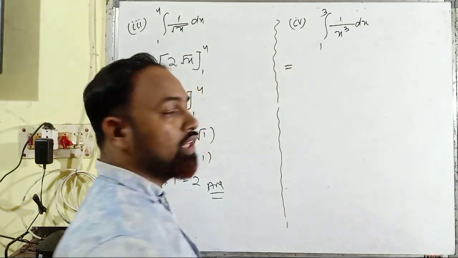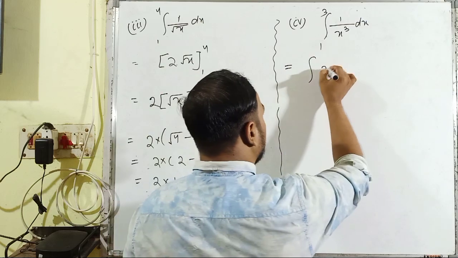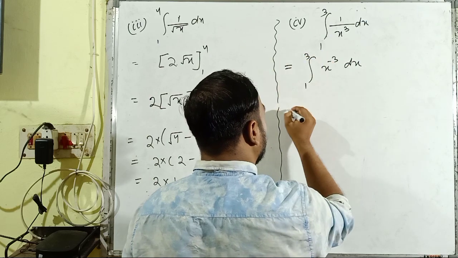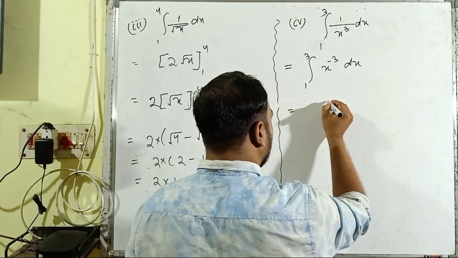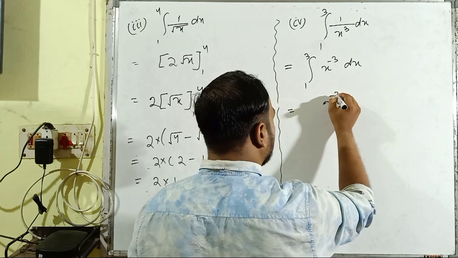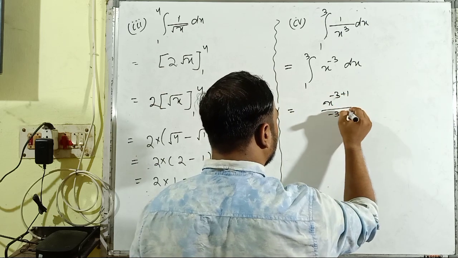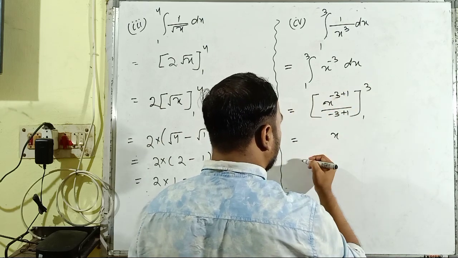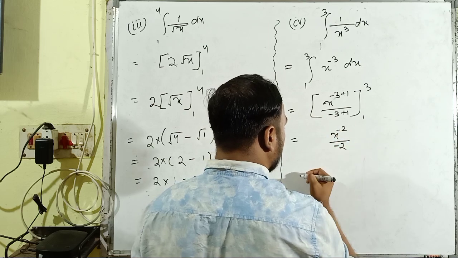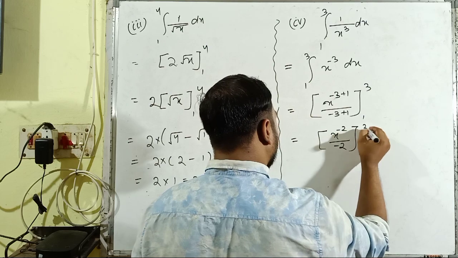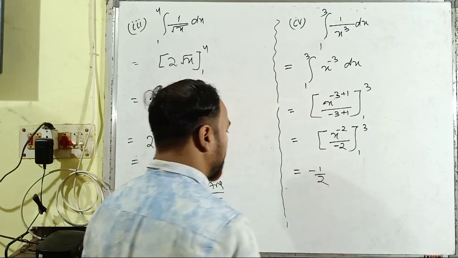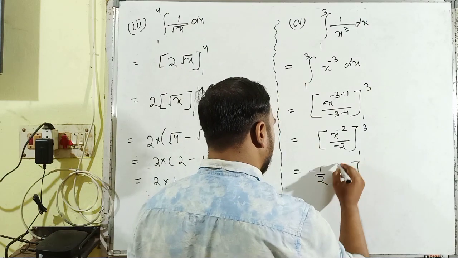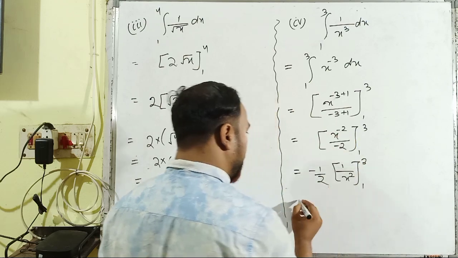First of all, we have to find the integral of 1/x cube. 1/x cube is none other than x to the power -3 dx from 1 up to 3. Then you can write it as x to the power -3 plus 1 divided by -3 plus 1 from 1 to 3. Just solving it, it is x to the power -2 divided by -2 from 1 up to 3. Then -1/2 is taken outside of the process. Then it is 1/x square, but from the lower limit 1 to the upper limit 3.